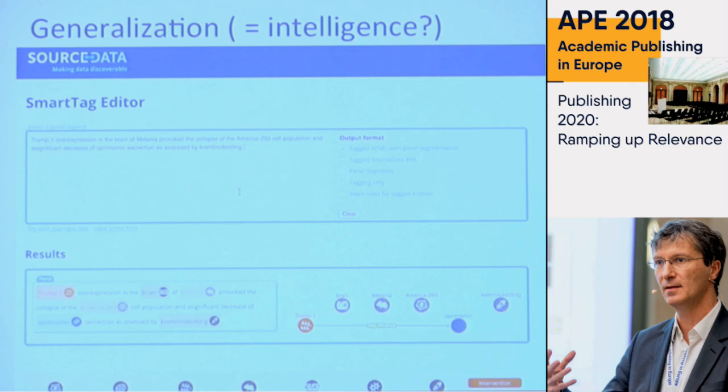And in a way, the model has identified features of those terms that make them look like a small molecule, that make them look like a species or a gene product, and essentially generalizes this and tries to guess. This is also maybe a more philosophical point, whether we treat this as a success of the machine learning because the machine is guessing the right thing the same as a human does, or whether we treat these as false positives. This depends on the context. If we would text mine the EMBO Journal, this is perfect. If we text mine the New York Times, that would be a false positive.